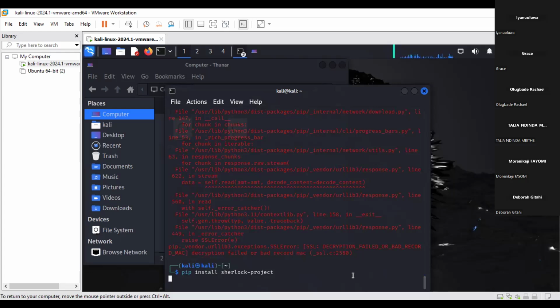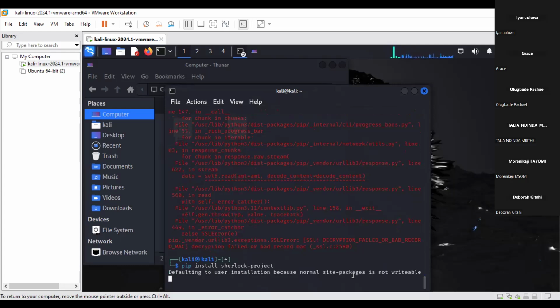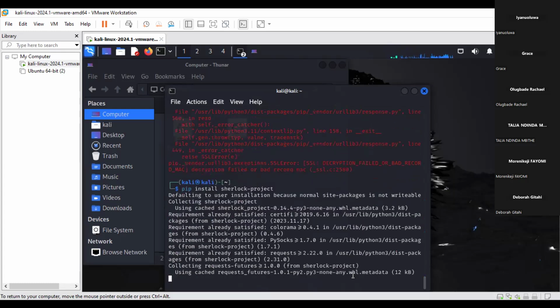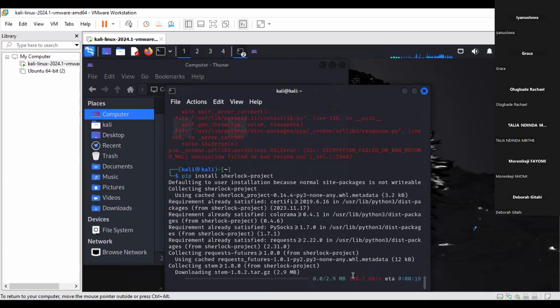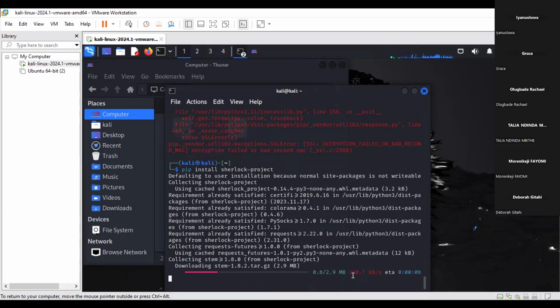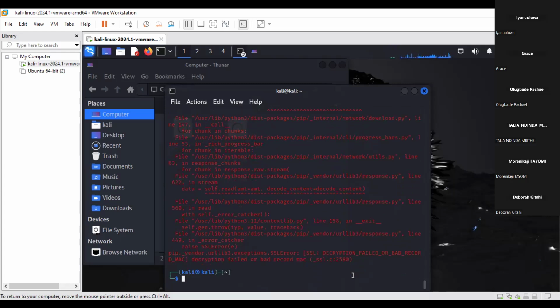It's looking more like a network error. Yeah, I see the error. It's looking more like a network error, an SSL error. Please hold on.